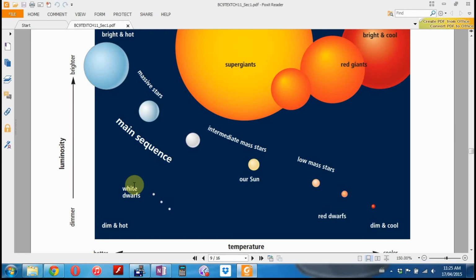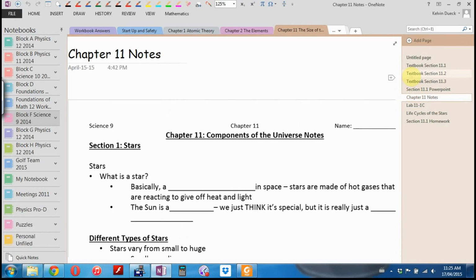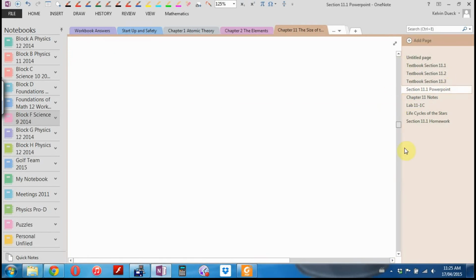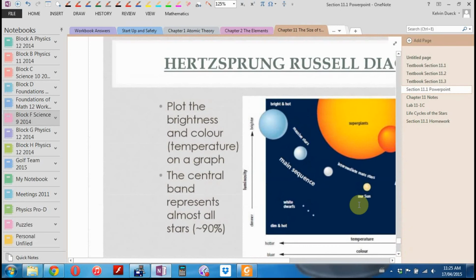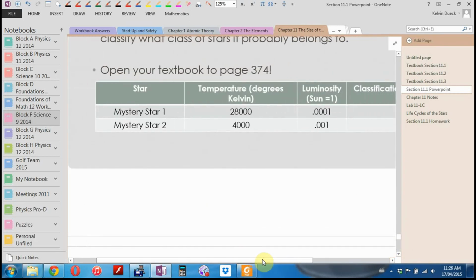Let me do another one. The second star that I had, this time, Lena, you're going to remember the temperature, and Kiana, you're going to remember the luminosity. So here's my second mystery star. Star number 2. So, Lena, remember 4,000. Kiana, remember 0.001, 2 zeros and a 1. Okay, you can remember that? So if I was going to graph it,